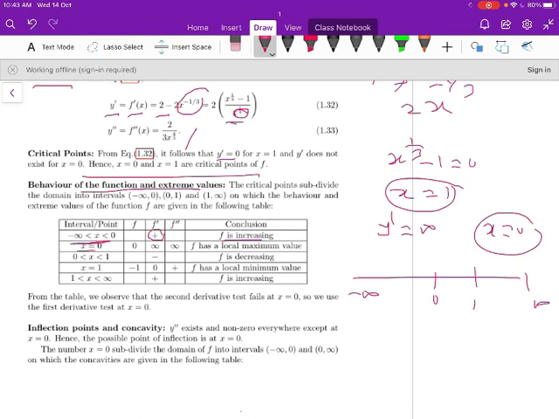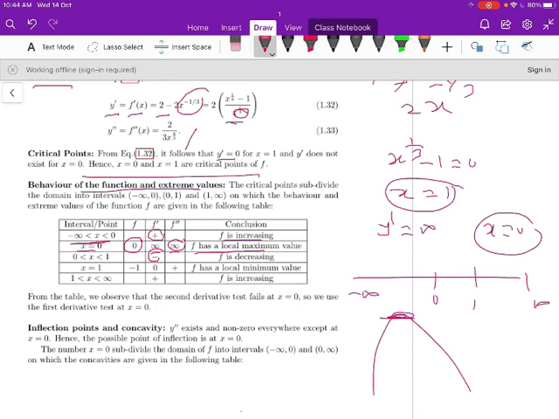At x equal to 0, f double dash is again 0, and f dash does not exist at x equal to 0, so f dash is infinity. F has a local maximum value, but you cannot conclude yet. Let us see for 0 to 1 what f dash is. F dash is negative, so the function is increasing then decreasing, therefore the function has a local maximum value at x equal to 0, and the local maximum value is 0.